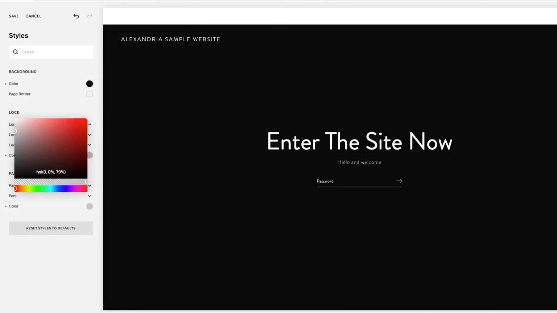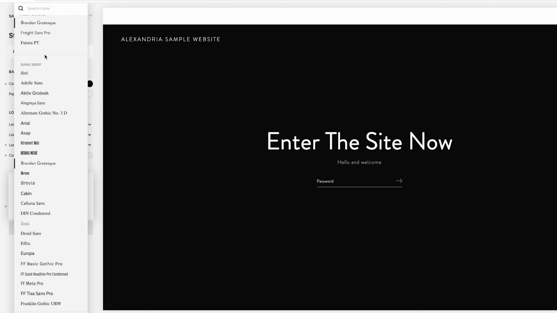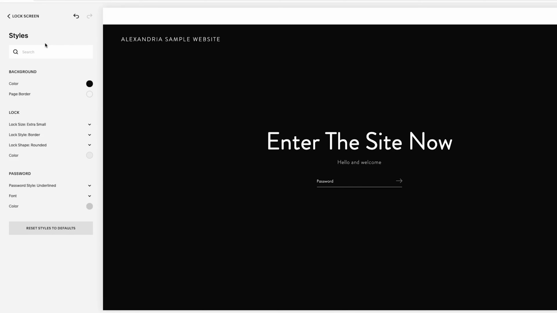and then the lock as well. And here I'm going to just change this to rounded. So it looks like that. The last thing I want to do is just change the fonts. And so what I will do here is I will go to font for the password and change this to, let's do Futura. And I don't know if I'll solve this issue right now, but as you can tell here,